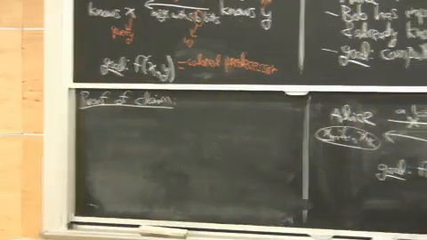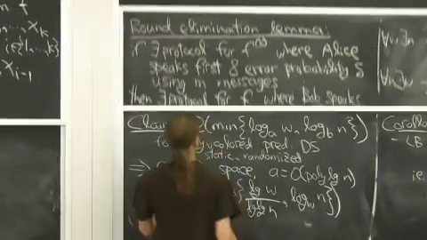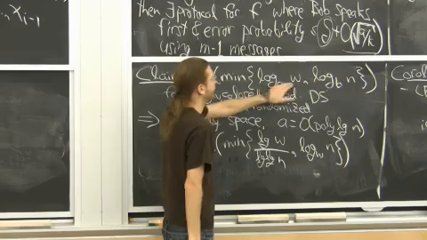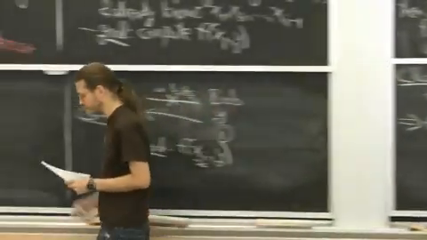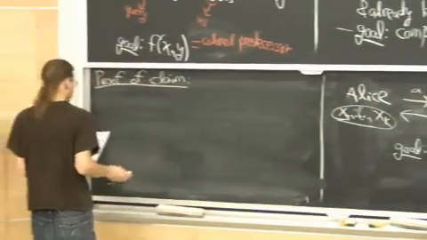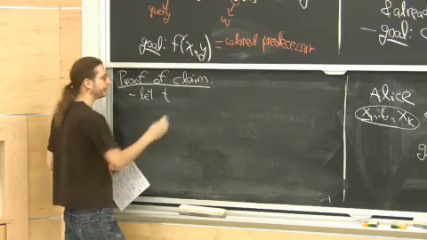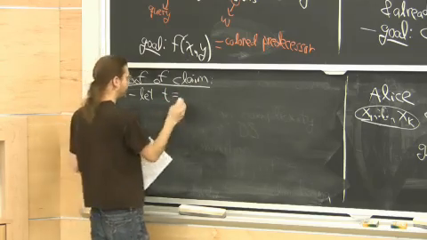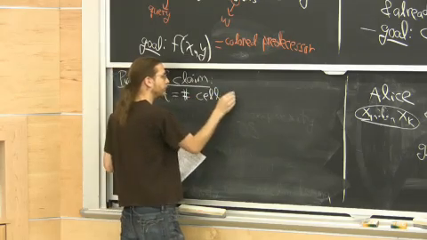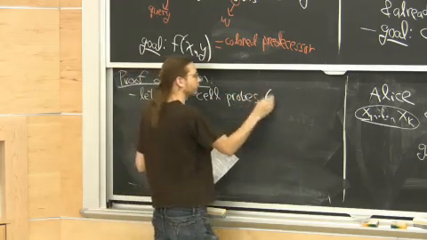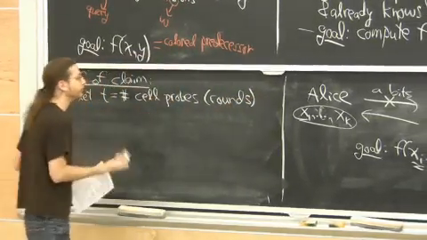So we're proving this claim here: Omega min log base a of w, log base b of n, for any colored predecessor data structure. Let's suppose you have a colored predecessor data structure, and it can answer queries in T cell probes. Which, from the communication complexity perspective, is rounds of communication